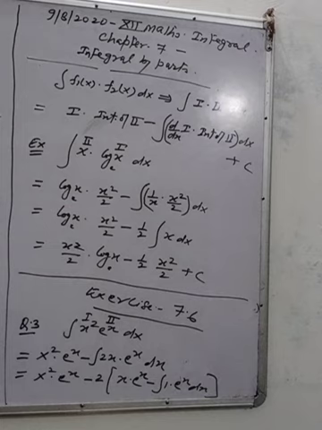Now the fourth point: for a single function whose integral cannot be integrated easily, or you don't know the integral of such functions, what to do? For example, integral of sin inverse, integral of cos inverse, integral of tan inverse, and so on, or integral of sec inverse. For this type of function, multiply by 1 and take 1 as the second function. Why? Because the integral of 1 is x. You can put that there.